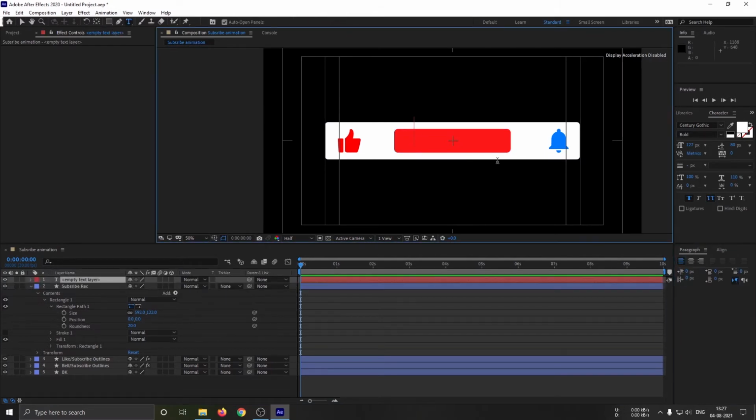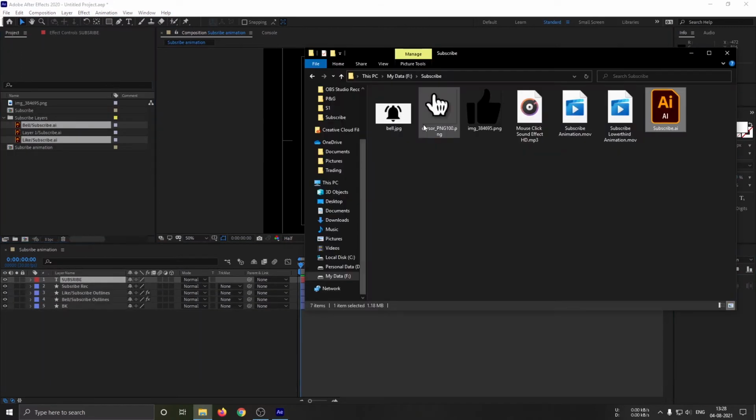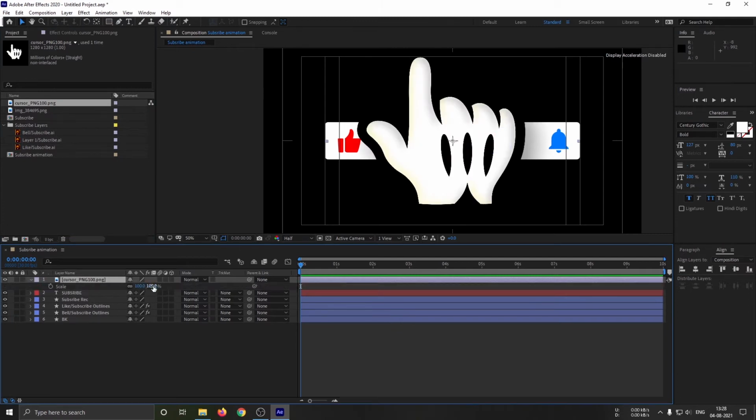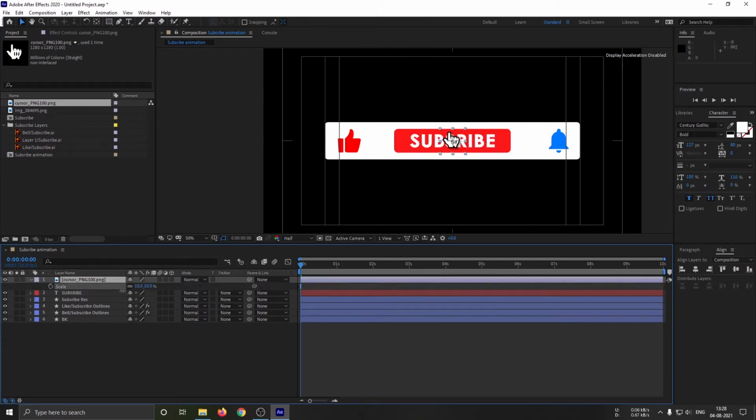Take the text tool and type subscribe. Now import the cursor PNG image and resize it to look like a cursor.